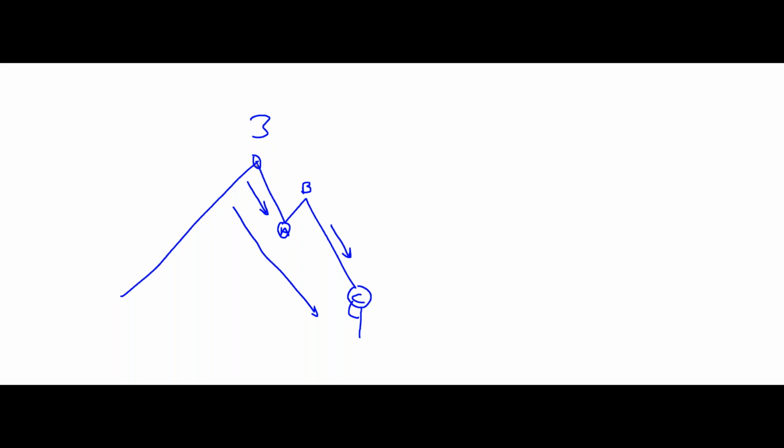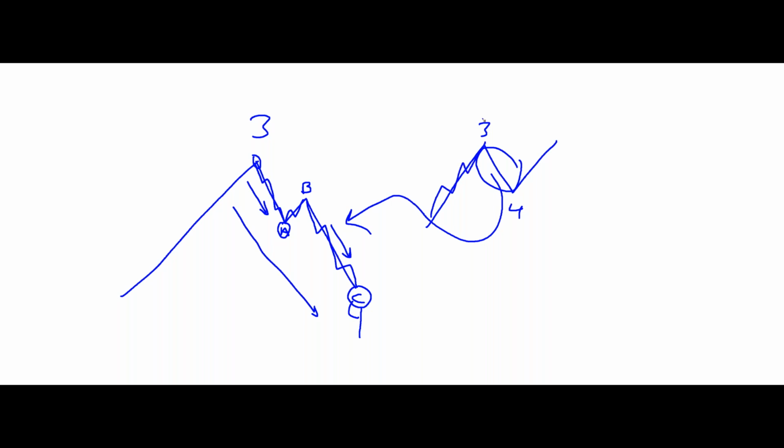And so inside A, there are 5 waves again, okay? B will be here. And so it's kind of like putting a snowflake under a microscope. So with the Elliott wave, you can take a normal looking correction, 3, 4. If you put this under the microscope, you'll see this, okay? Likewise, you get the 5 in here. So if you put wave 3 under a microscope, you do that.